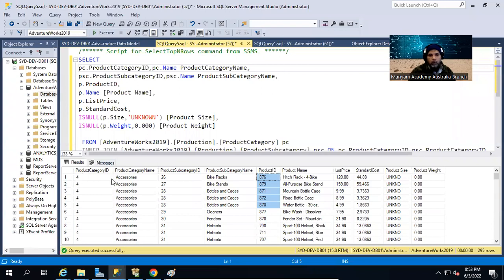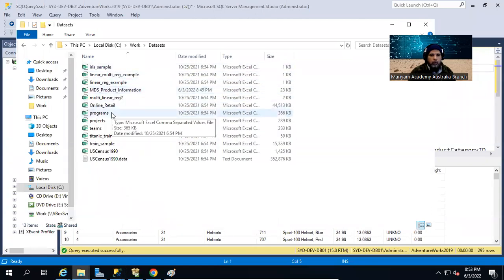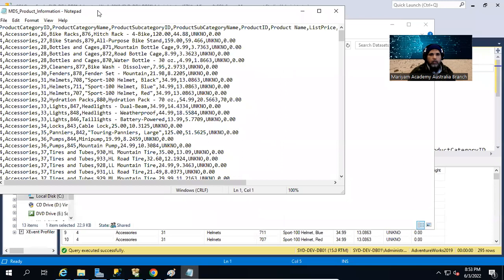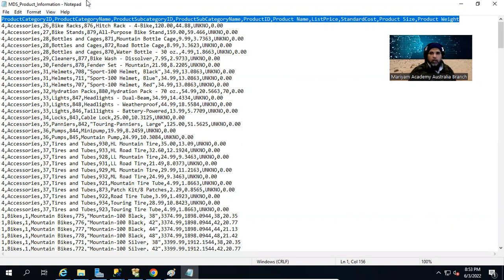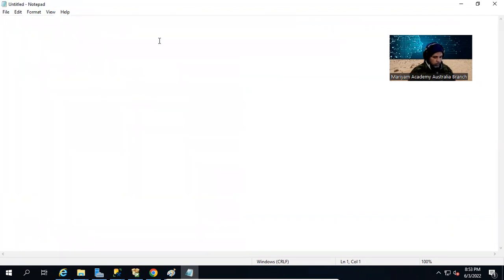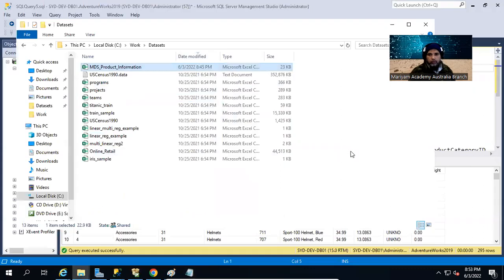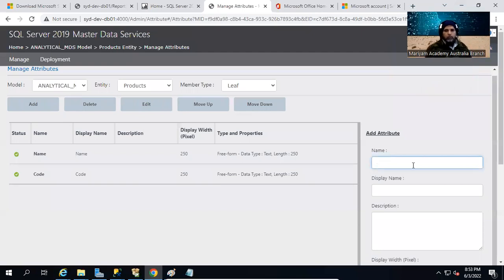So you can see we are going to create product category ID, product category name. Actually, you know what I can do, because I have Excel installed, let me just go to the data set, and I'm going to edit it out, and you can see I have these columns available in here. So I've just copied it from my CSV file, which I have exported from Management Studio. Product category,